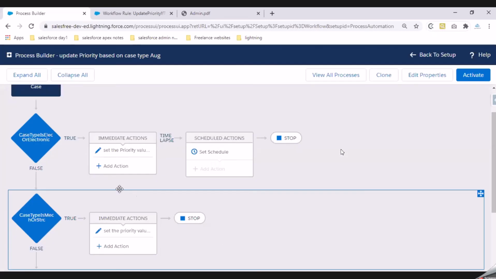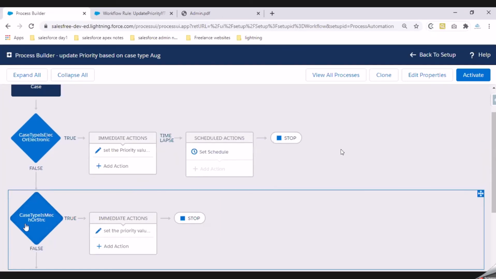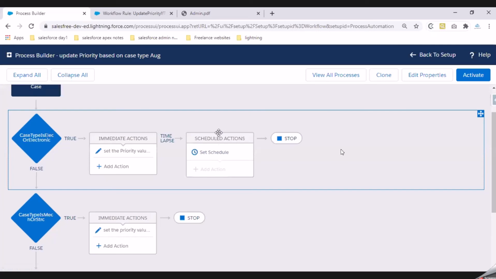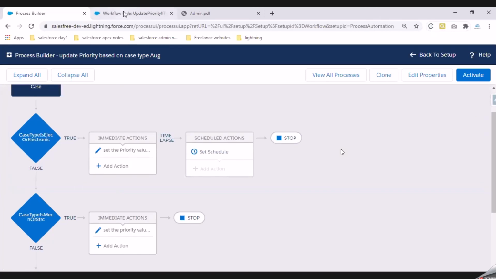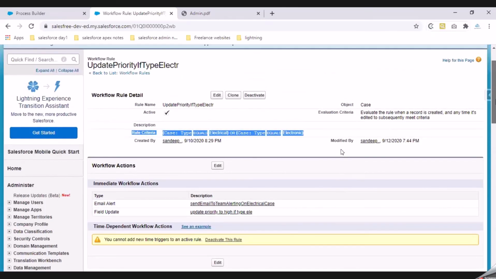Alright, now if you see the two things that we have configured, one has these immediate actions and the schedulable actions, and the second one doesn't have the schedulable actions. If you ask me why exactly I don't have the schedulable actions, it is because in your workflow rule also, if you go ahead with the second option which says created and every time it is edited, you will not be able to configure your time dependent actions. The reason being that is how Salesforce has designed the workflow rules and the process builders.